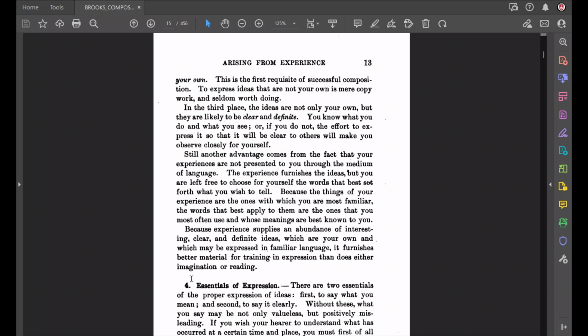All right, so another advantage comes from the fact that your experiences are not presented to you through language. The experience furnishes the ideas, but you are free to choose for yourself the words that best set forth what you wish to tell. Now, what's also interesting about this is that two of you can have the same experience. Let's say all of you go fishing, and the next day you want to write about what you experienced when you were fishing. All of you can have the same ideas